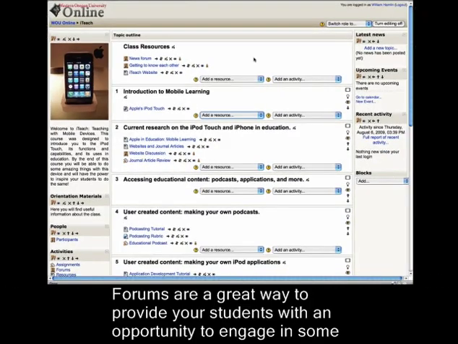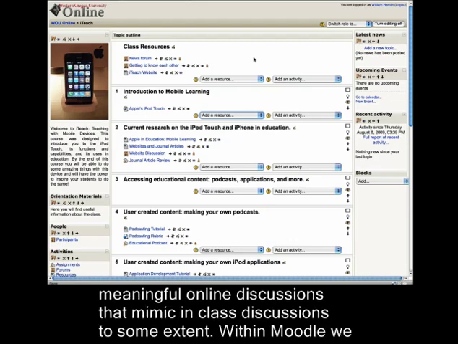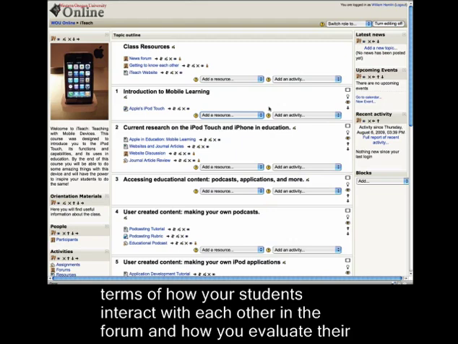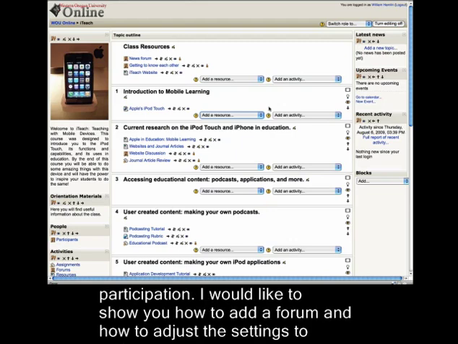Forums are a great way to provide your students with an opportunity to engage in some meaningful online discussions that mimic in-class discussions to some extent. And within Moodle, you have a number of features and options at your disposal to make your forums really customizable for you in terms of how your students interact with each other in the forum and how you evaluate their participation. So I'd like to show you how to add a forum and how to adjust the settings to meet